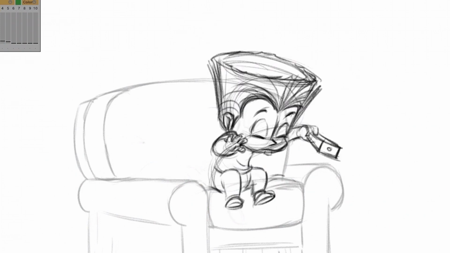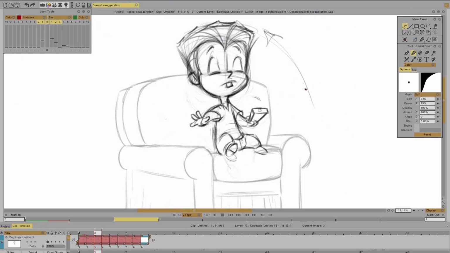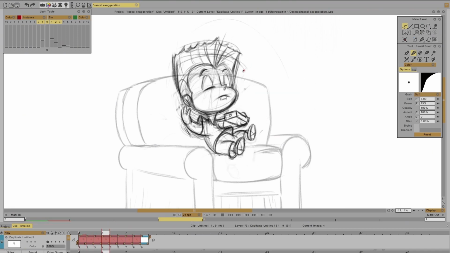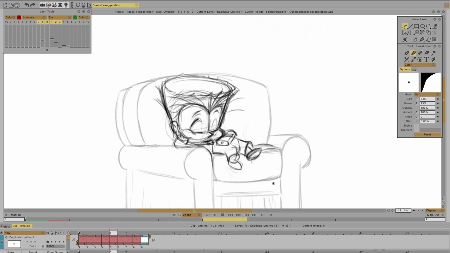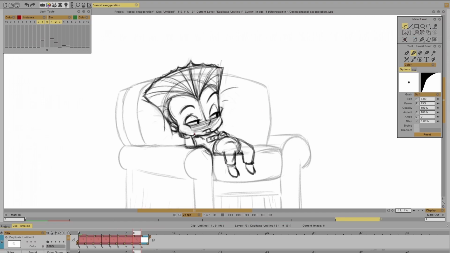And now I've got everything in there. Here's the antic. I will describe this. Here's the stretch. Everything comes up. Counteraction. Arms go down. Feet are coming up. Drag on that head. Sinks way into it. I call this an overshoot pose. It goes way beyond the last key. And now he's just settling into that very last drawing, which is right there.